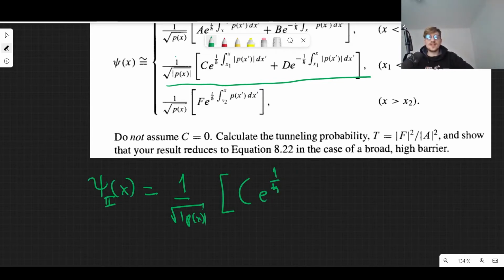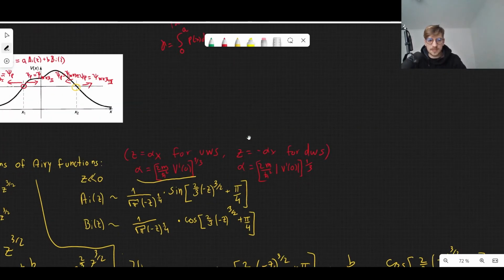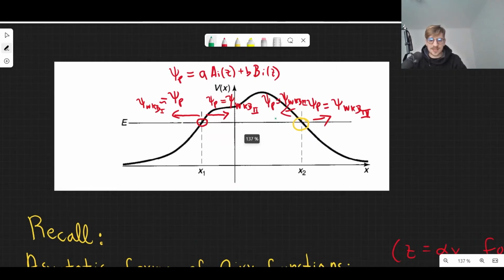Now we're going to do this legally, right? And you're going to see exactly why it is that we have this freedom. So take a look at this. So the integral will now go from x1 to x2. Now let me go to the image to ensure that this makes sense. So let me show you what's going on. So the integral